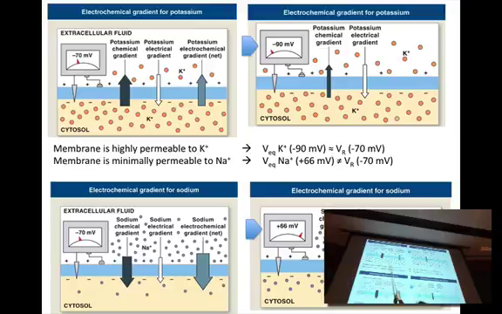So the sum of these two forces gives us the net electrochemical gradient, right? The net electrochemical gradient for potassium wants to drive the potassium out of the cell. You see that? Mostly because of its chemical gradient. The electrical gradient is actually driving potassium in the opposite direction, so it mitigates the chemical gradient a little bit. This is at minus 70. All right, let's change the